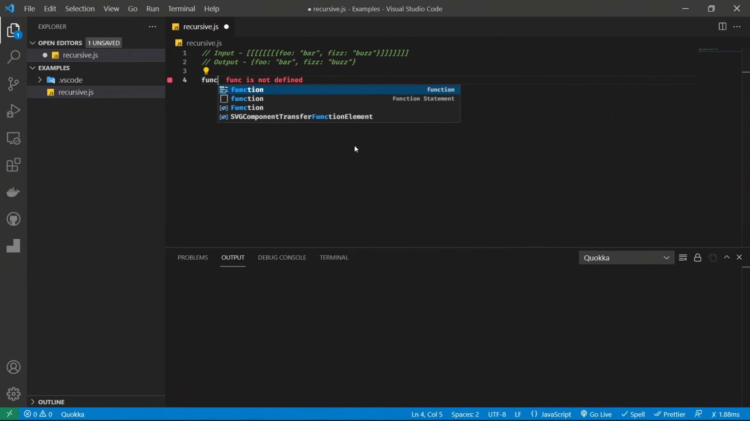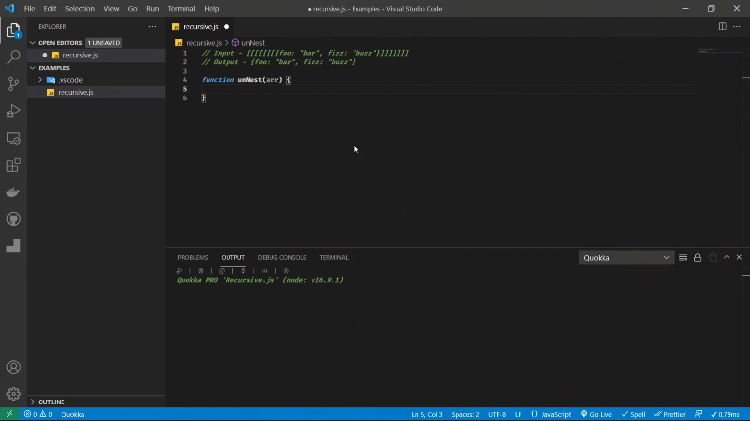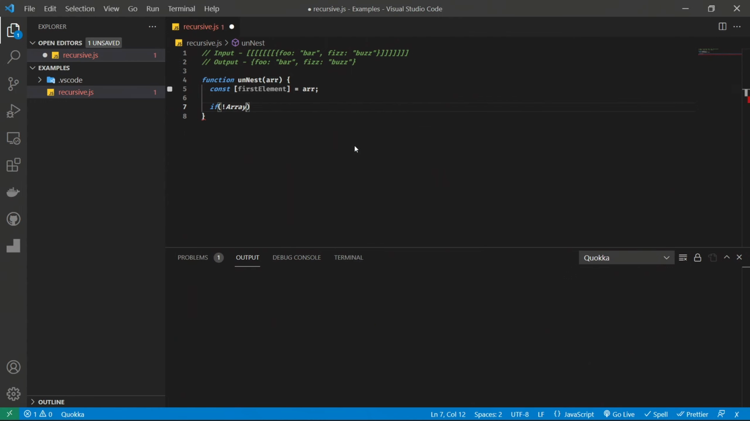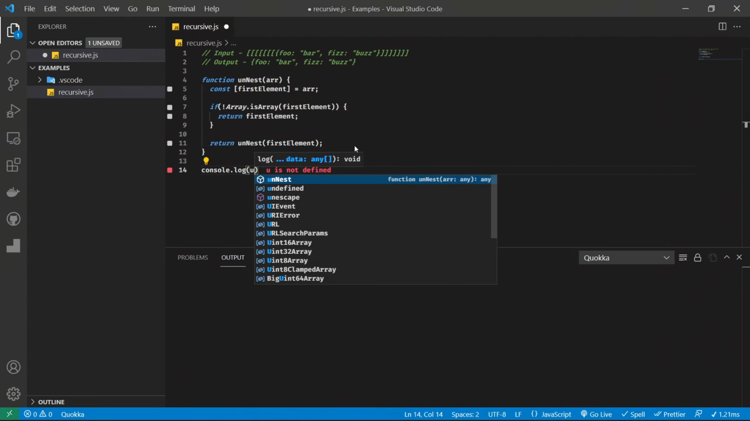So we will write a function unnest, which will take in arr as a parameter. So since it is always nested as the first element, we can destructure the first element like so. And now we can check if the first element is an array or not. So to check that, we can check that with this. If not of Array.isArray of the first element, we can return the first element itself since it is not an array, and this will be the base case. And if it reaches this point, we can confirm that it is an array and we can return the unnest of the first element. And if we console.log it down here,